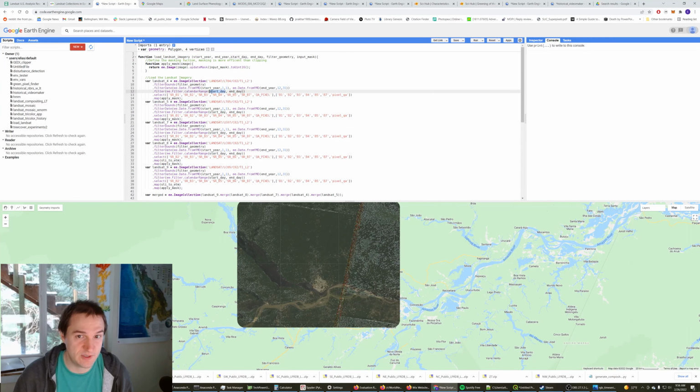And for every year, we're going to take the meteoroid. What is the meteoroid? The meteoroid is basically a fancy median. Whereas a median will take the median value for each one of these bands, it'll take the median value for green, the median value for red and for blue, a meteoroid will compute which image has the most median values in the image stack, and it'll take that whole